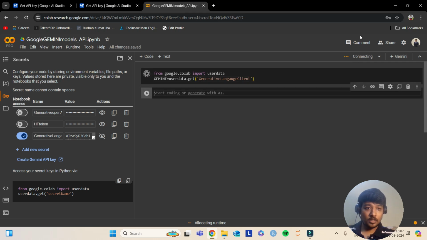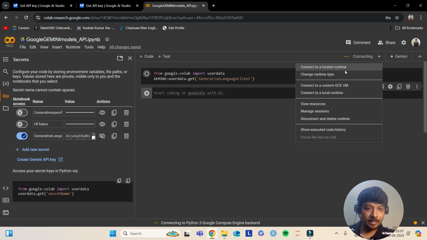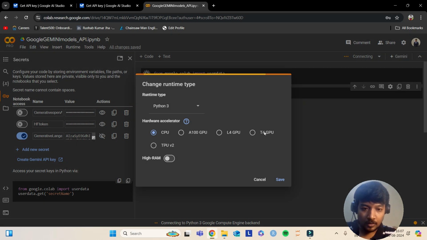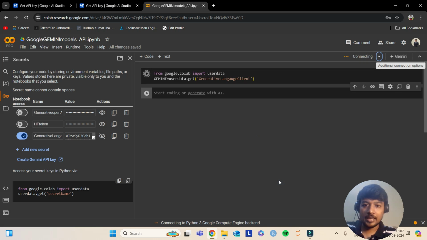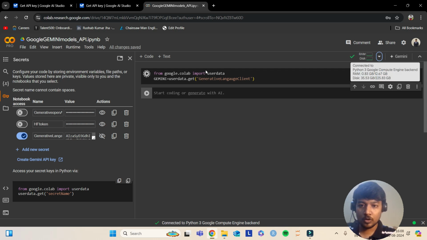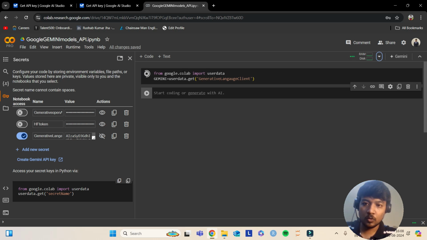Before running the code, make sure that you change the runtime to T4 GPU. Even if you don't have Colab Pro, you will still have the option of T4 GPU. Then just select it. It takes a couple of seconds to connect. Once it is connected, I think the piece of code will run faster. See, the code is about to run now,